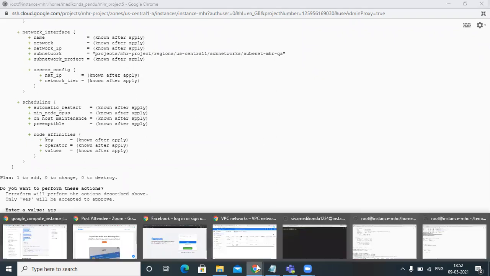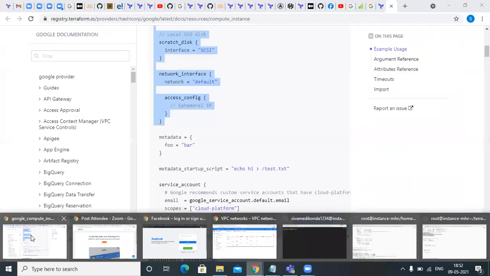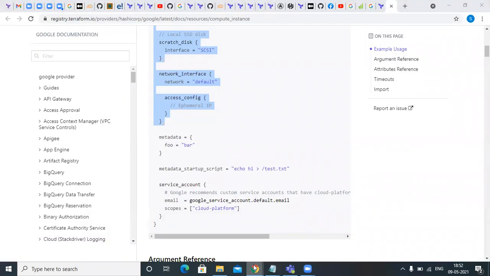Yeah, now I can create my instance in my particular VPC.